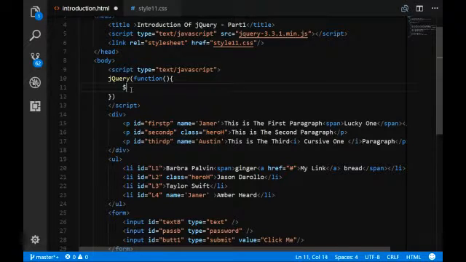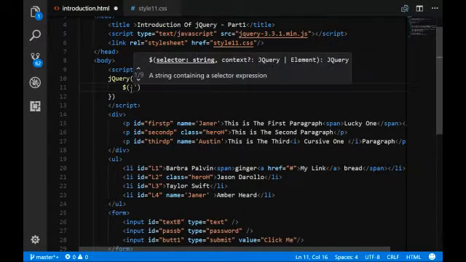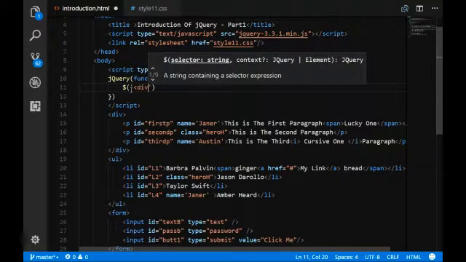You need to put $, make a bracket, and specify whatever the parent is. I'm going to make the parent a div. Okay, this is the parent element. Fine, comma,